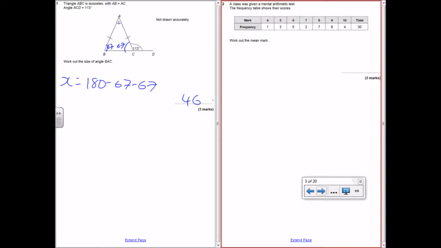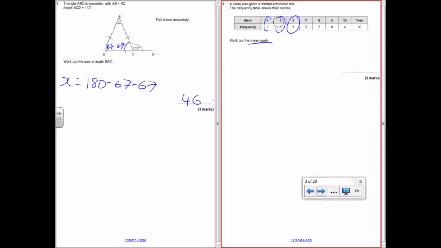Number 2 is a mean from a frequency table question, and it wants to find the mean mark. So it doesn't want you just to add up all the frequencies and divide by the number of frequencies. Remember, frequency just tells you how many people got each mark. So it tells you that one person got 4 marks, 3 people got 5 marks, 5 people got 6 marks,